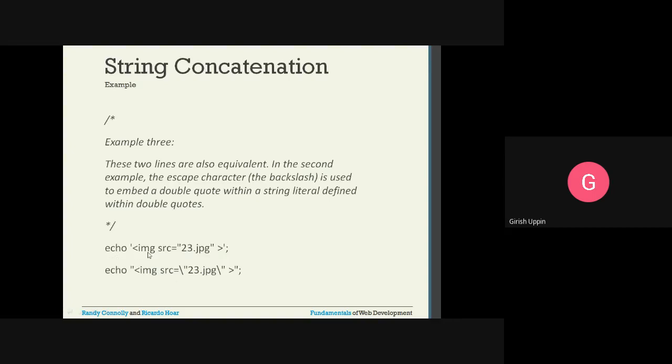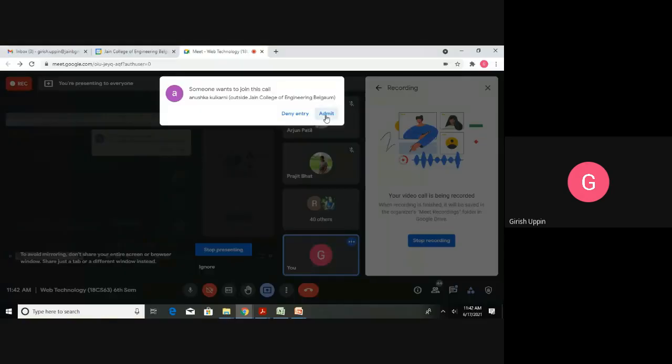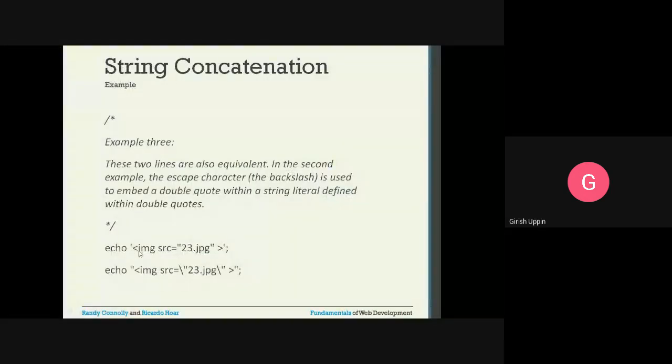We are echoing this image HTML element, and you can see outside, the string is done with a single quote, and inside I have used the two double quotes. So image src is equal to, this is again text, so that is used with a double quote. So we can use a combination of the double quotes as well as the single quotes.